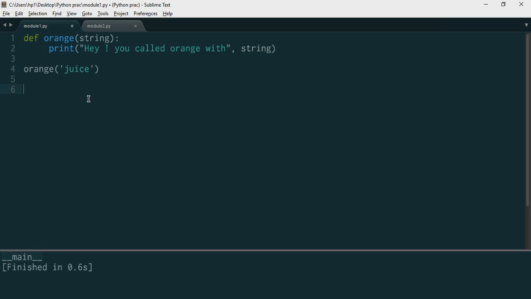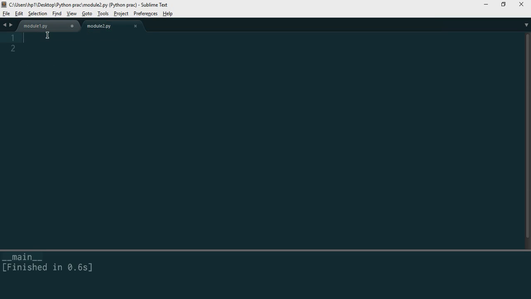So the meaning of that is Python is telling us that this module1.py is running directly. This file is running directly in Python and it is not getting imported, meaning these things are not imported by any other file. This is directly running. Now when I import this module1.py into module2.py,